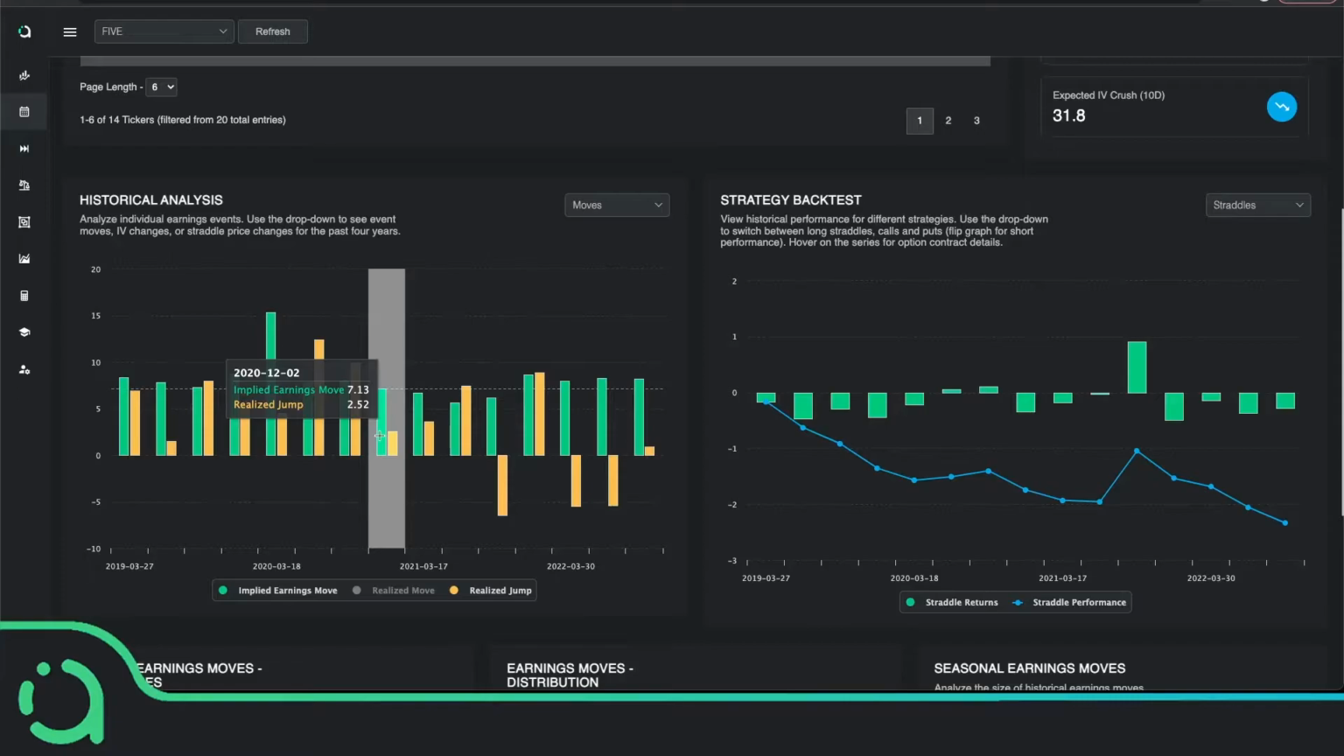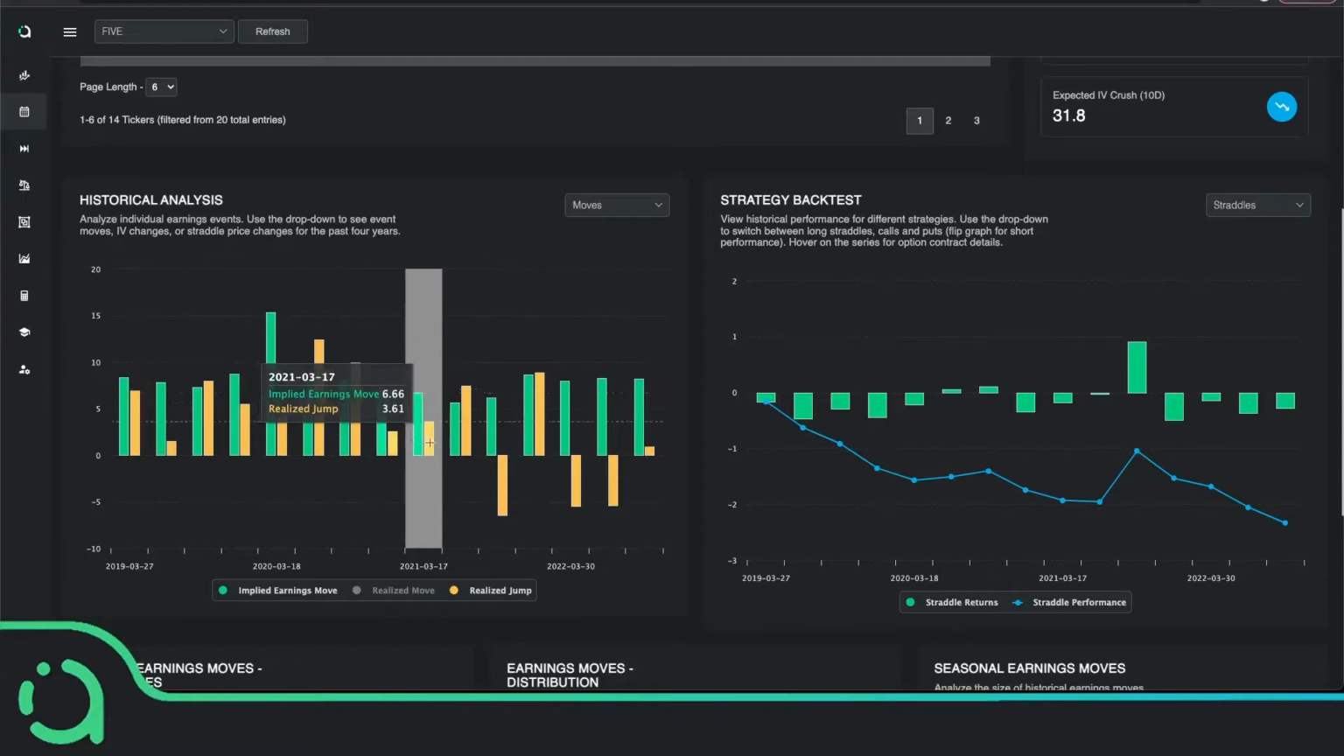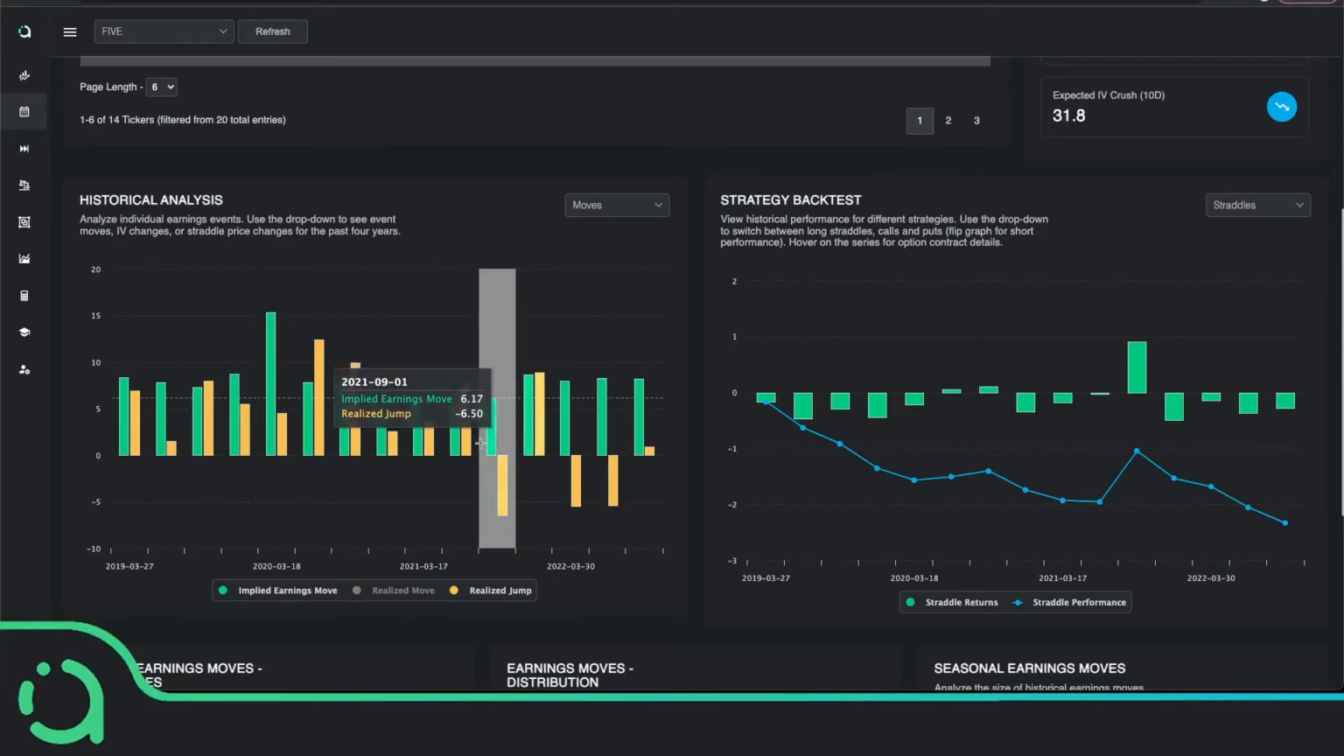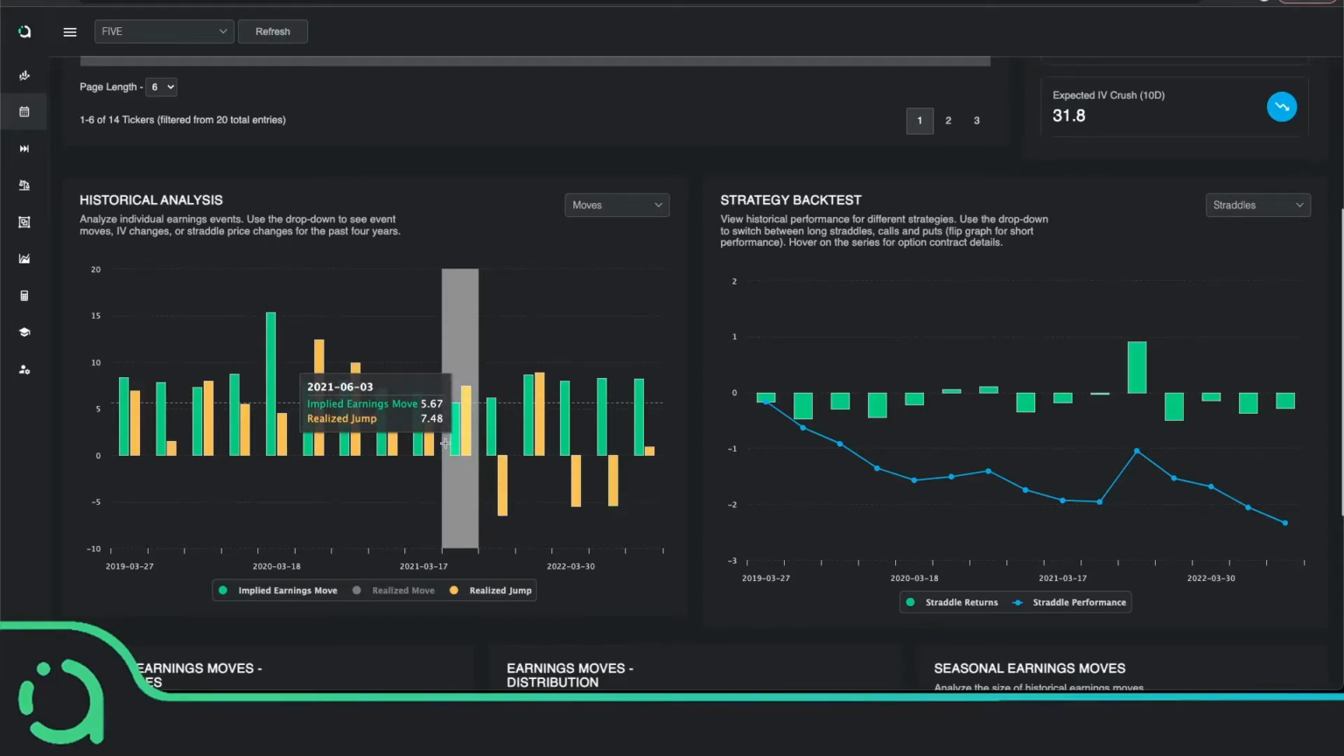Looking at this stock, we can see that the jump is almost always less than the implied move, meaning the stock has not moved as much as implied right in the morning, which is another great signal for us to place this trade. Up next, we're going to take a quick peek at the strategy backtest here,